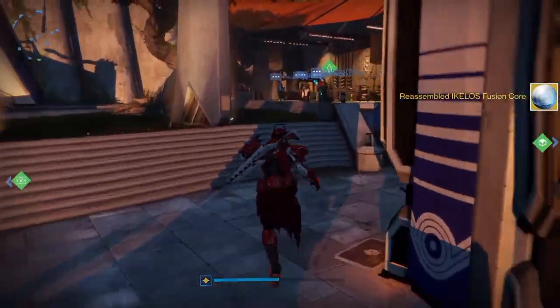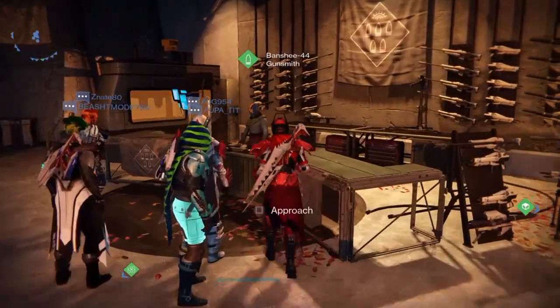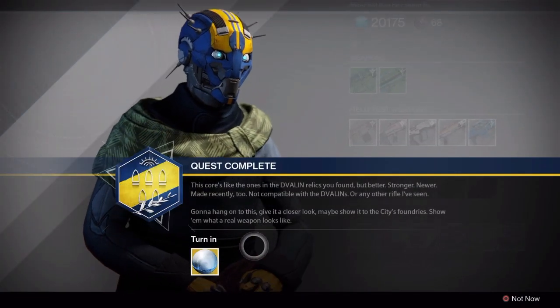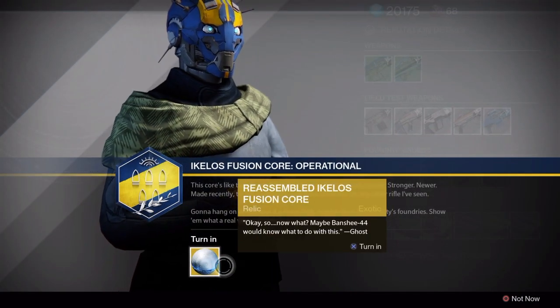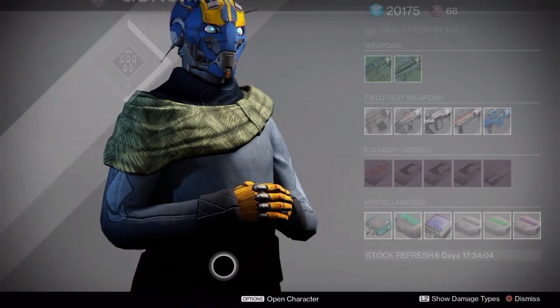Then you're going to make your way over to Banshee 44, and you're going to give him a nice little talking to. He's going to be chilling in the tower. You can see all the Guardians already knowing about this quest. So you're going to go talk to him. He's going to come up. You're going to turn it in, and wait for it. You're going to turn it in, and